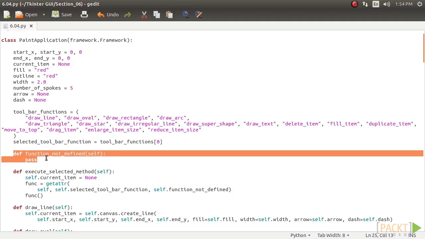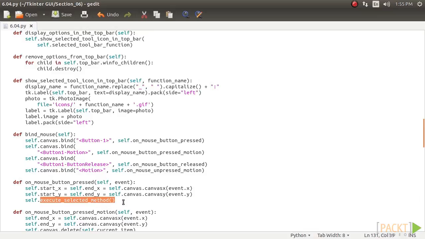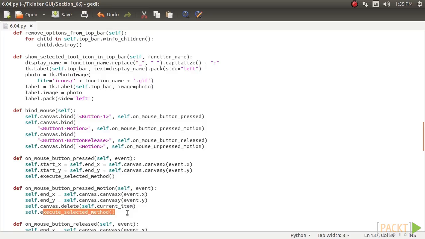This helps us gracefully handle situations where a dynamically created method does not exist. We simply define the fallback method as an empty method to handle those cases. So now we have a method to execute the selected method dynamically. Where do we plug in this method? Since the drawing must begin when the mouse is clicked down, we call the method execute_selected_method once from the on_mouse_button_pressed method. The drawing must continue while the mouse is dragged in a clicked position, so we call this method again from the